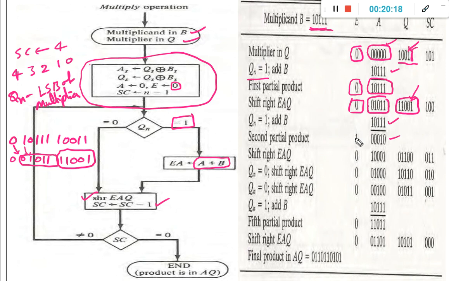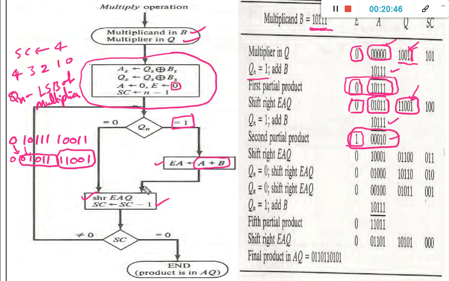and you are going to get a carry out, and that carry out will be moved to the E bit. So this is the second partial product. This is the first partial product, and this is the second partial product.